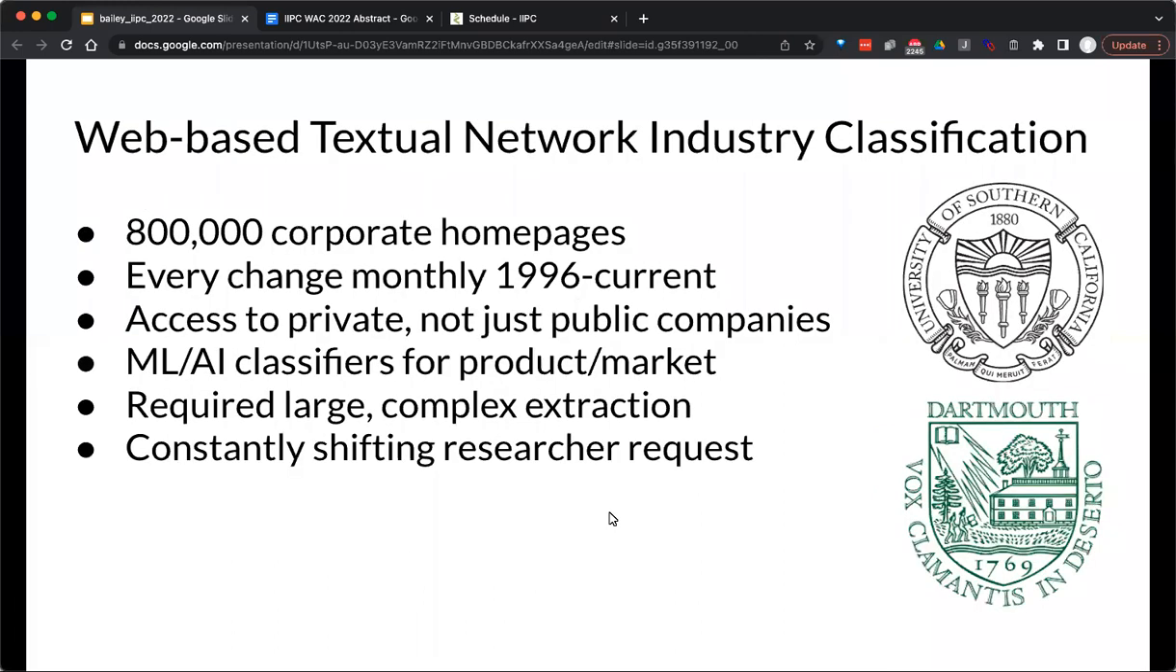A couple of quick examples of some projects we've done. We worked with a couple of academic institutions who were interested in studying industry classifications. The web turned out to be a great way to get them access, not just to how public companies were defining themselves on the web, but also how private companies were, by looking at their website homepages. This was over almost 1 million different corporate homepages, over almost the whole extent of the web archive. It was very